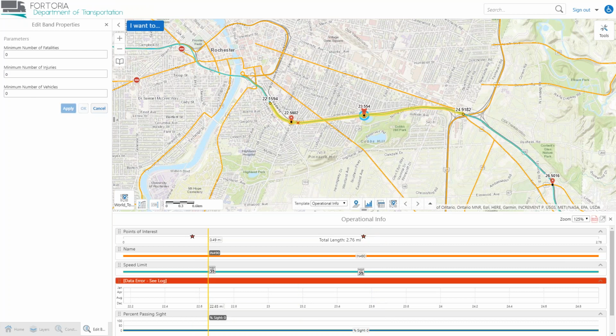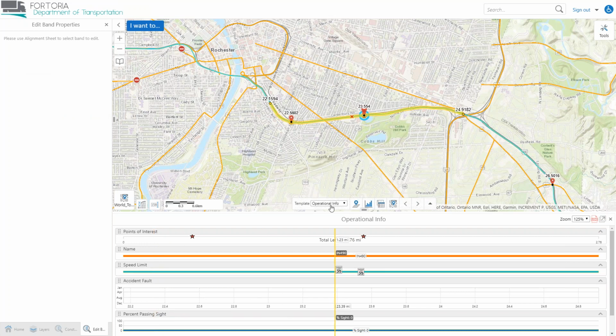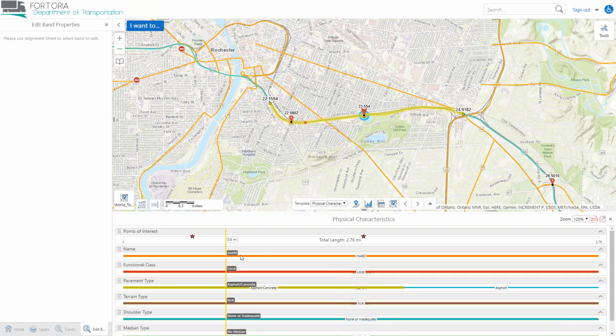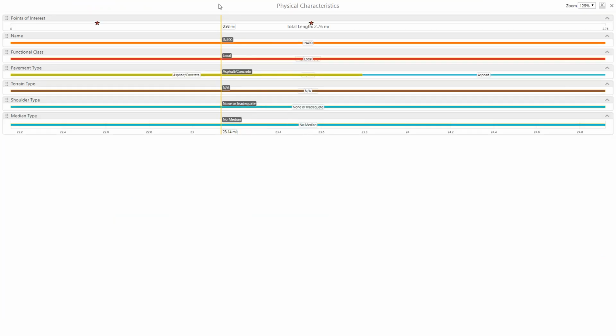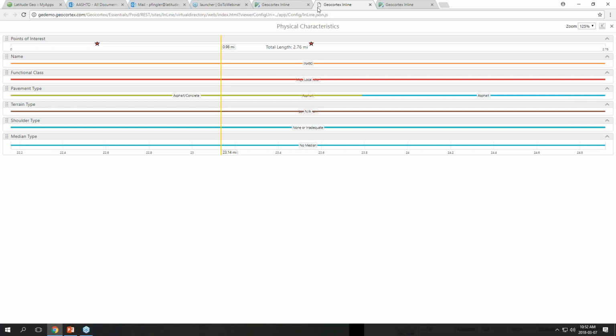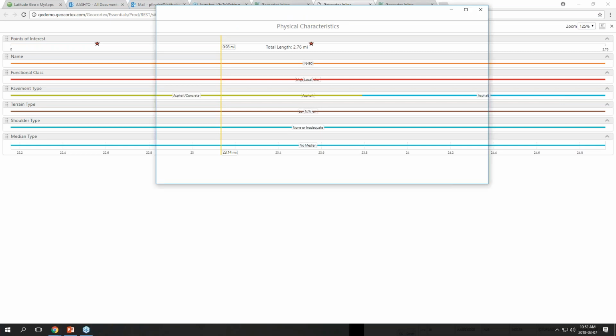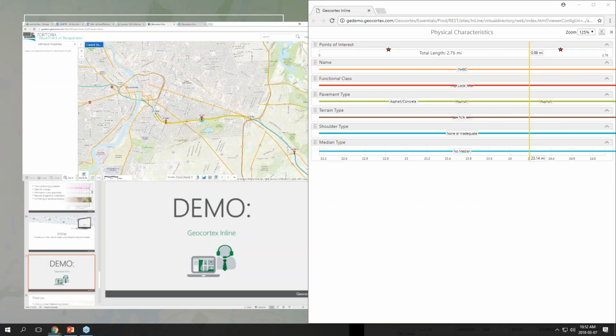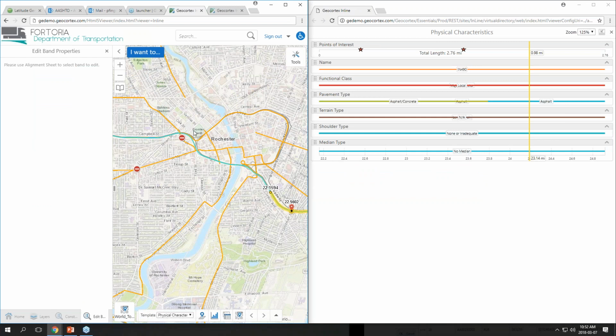All of the symbology that you see is configurable as well, and all of these bands and colors are configurable, as are the attributes you want to display. You can also open up this template in a completely separate view. Here I'm just going to open this in a new tab to show you that we still maintain our